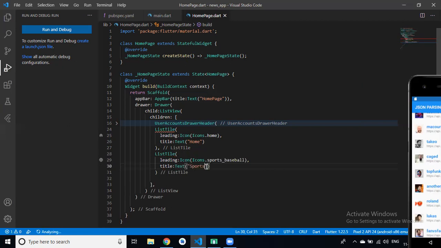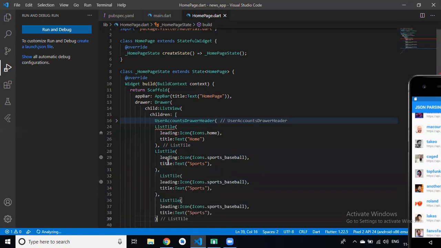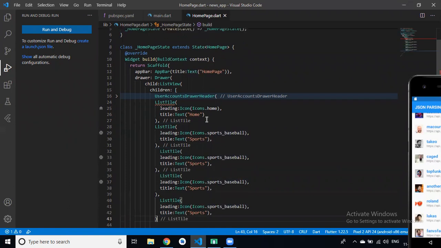Simply copy this and paste multiple times. So we have sports, we have technology, anything.